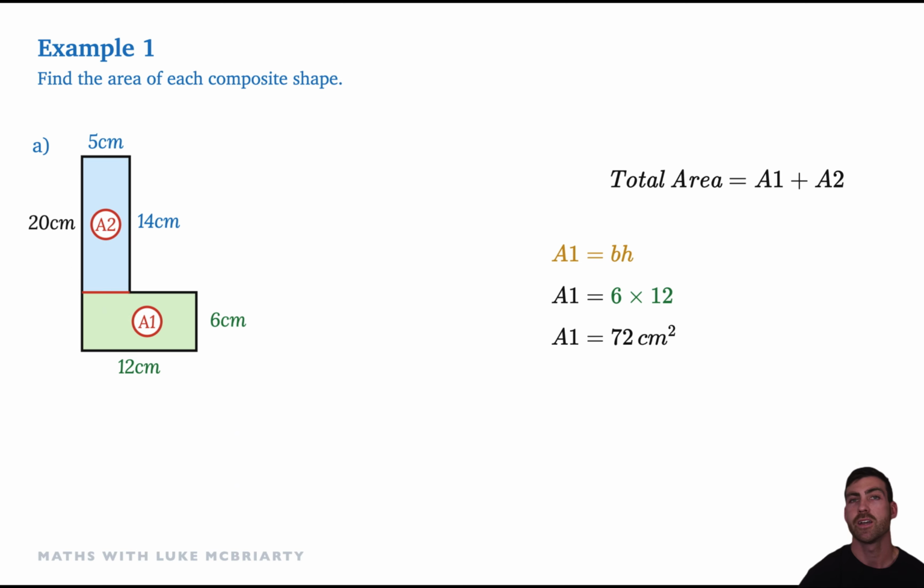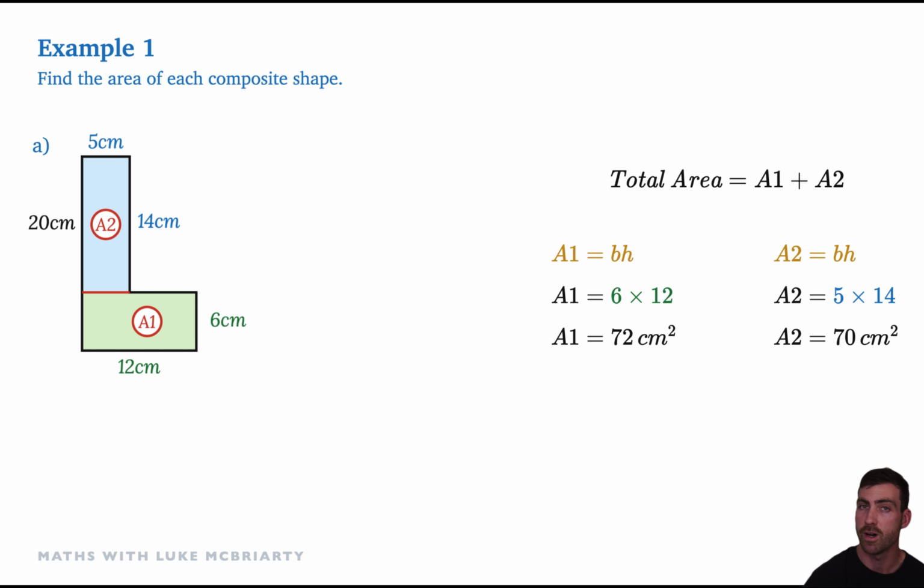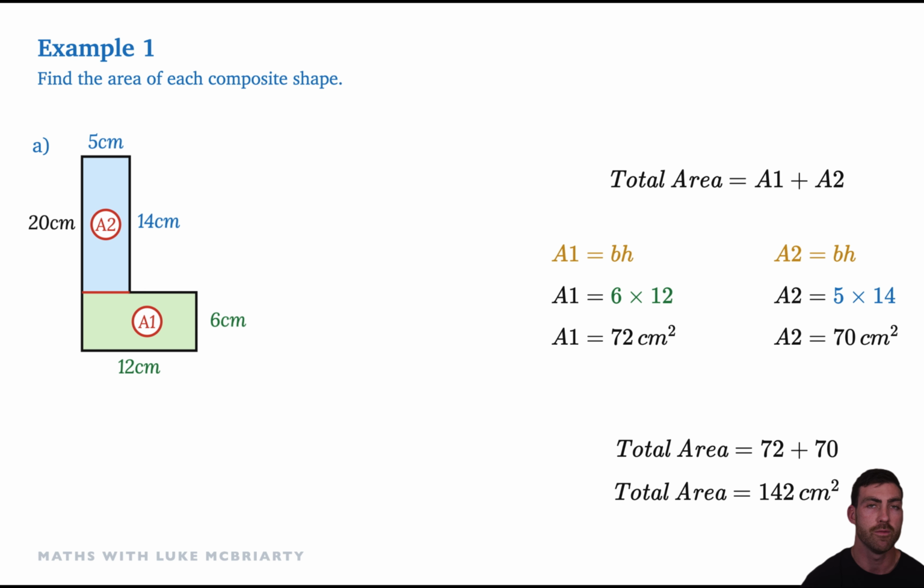Now calculating area 2, we start by writing down the formula. Then we substitute the base and height of the rectangle into the formula. And 5 times 14 equals 70 centimeters squared. Then our final step is to add both of these areas, and we're left with the required area of 142